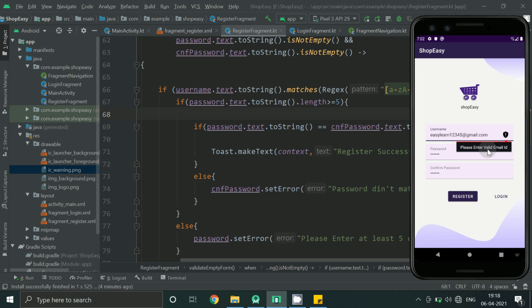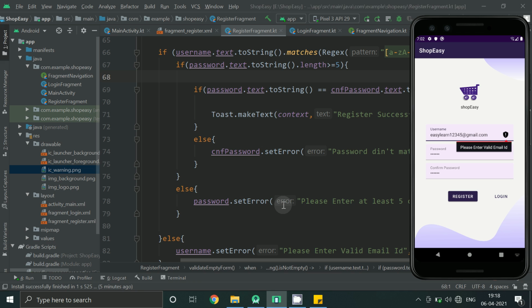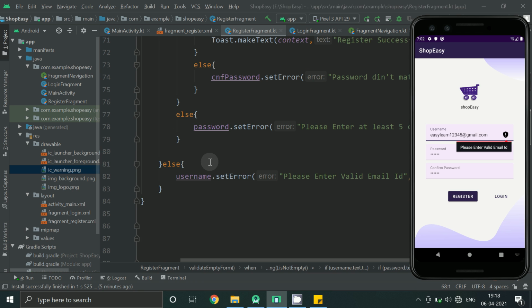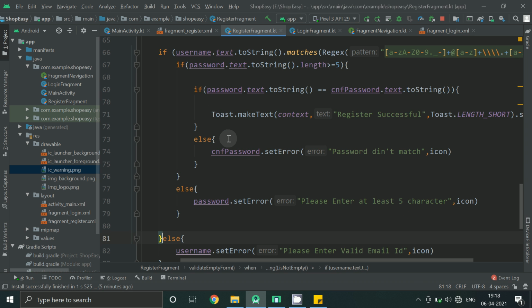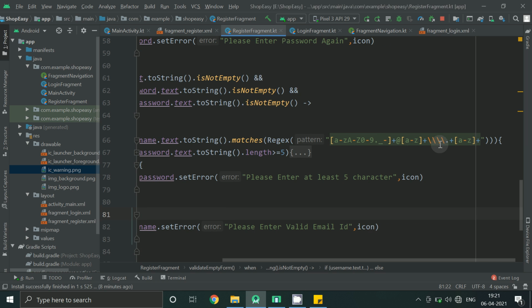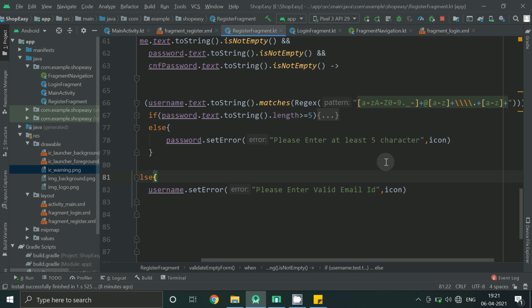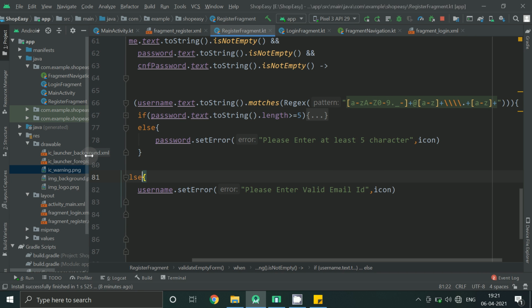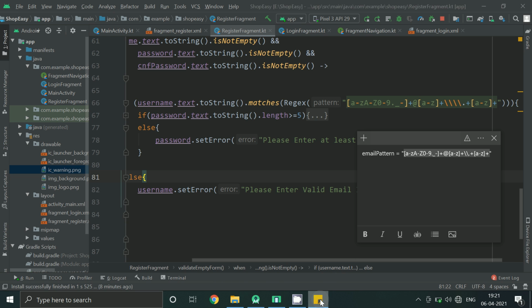Now let's check what was incorrect. So looks like there's something wrong with this email pattern.